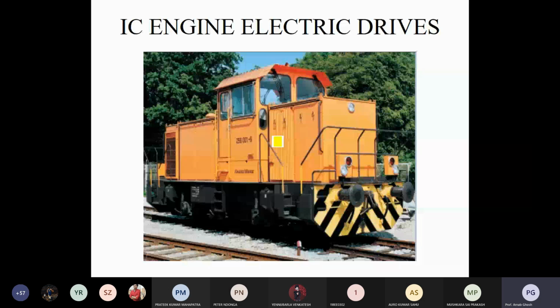They are using diesel for generation, then electric generation. Sometimes that diesel energy is also used as a prime mover. The speed is not too high, but still, if it is in the system, FCI or Indian Railways are using it. If you go to any big terminal railway station like your Mumbai Central, or in Delhi, where two big railway stations are there, New Delhi as well as Old Delhi, or Howrah,